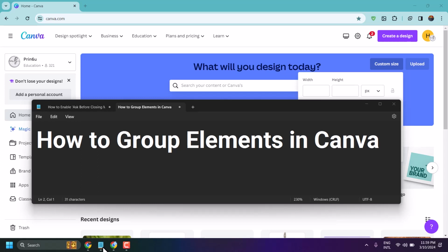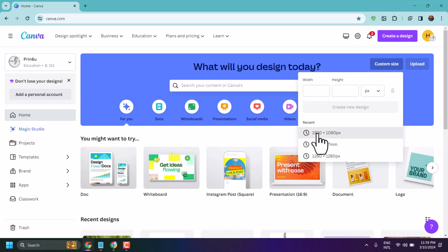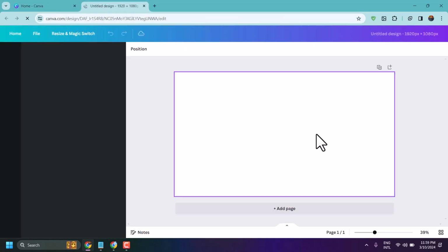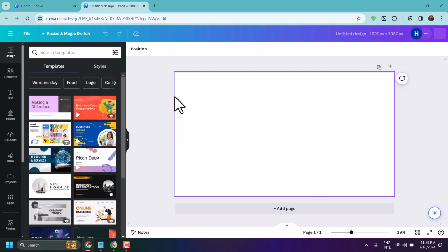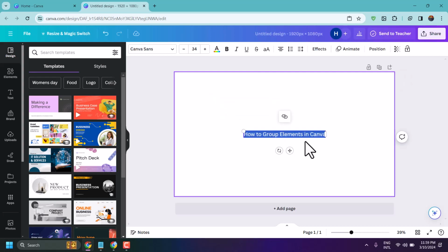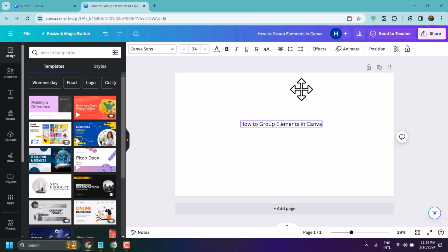In this video, I will show how to group elements in Canva. You can group text and objects in Canva in your project. So guys, if you have different text,